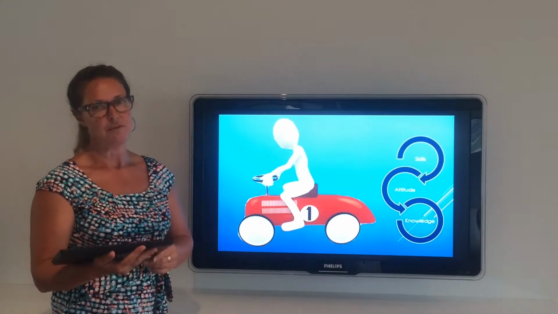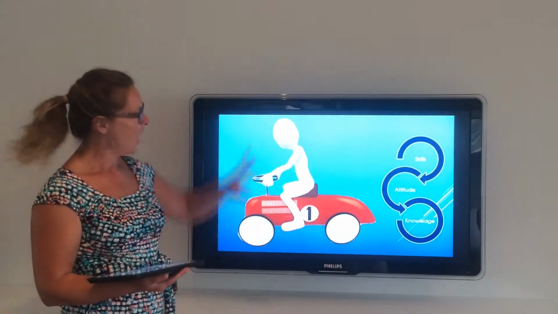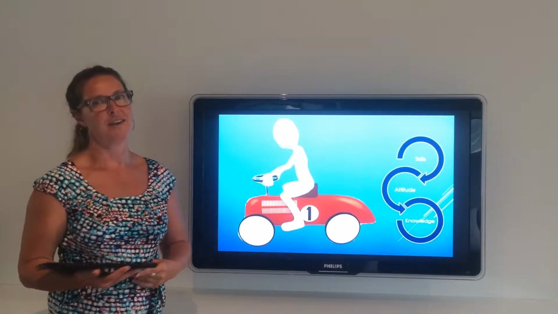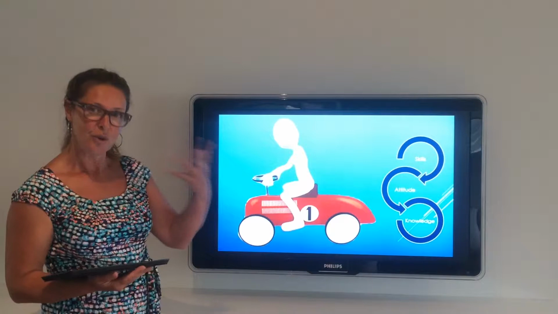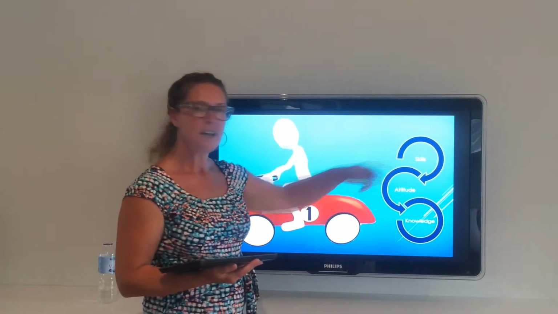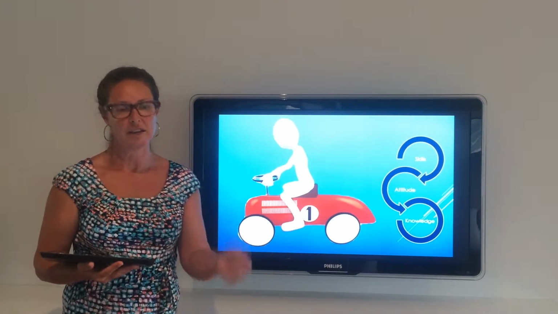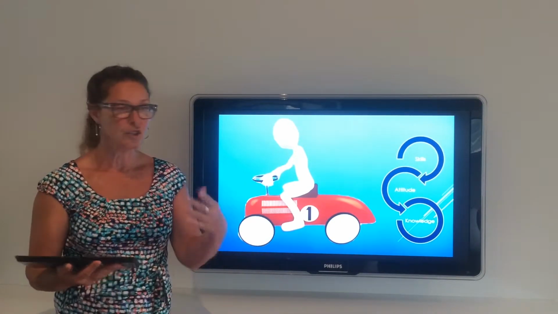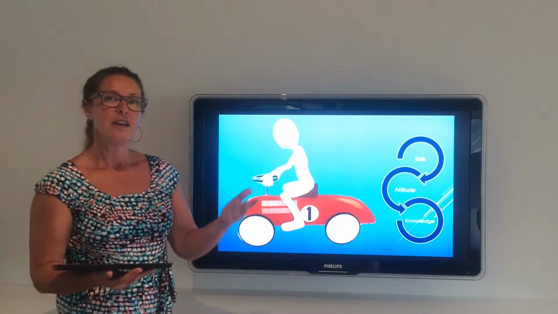Evidence can come in many forms, and it varies from person to person. Let's have a look at somebody driving a car. To drive a car and to assess them as competent, they'd have to have skills. They'd have to be able to put on the handbrake, put their foot on the brake, use the accelerator, use the gears.